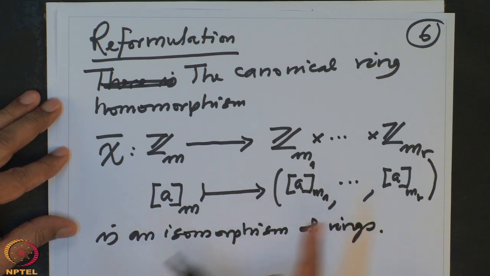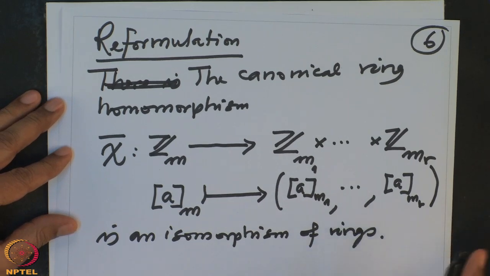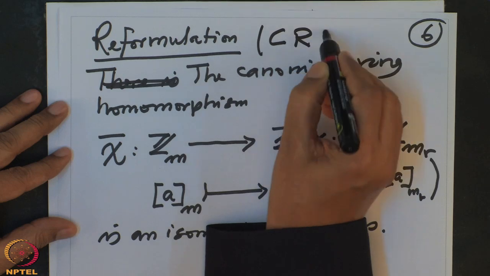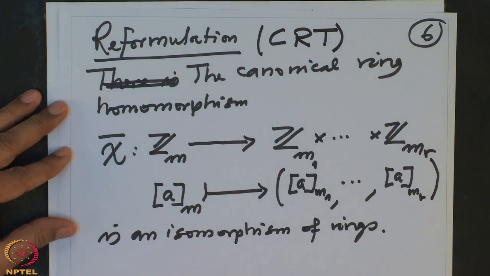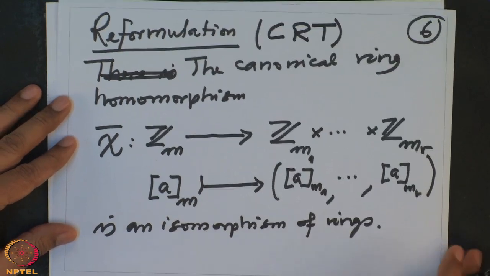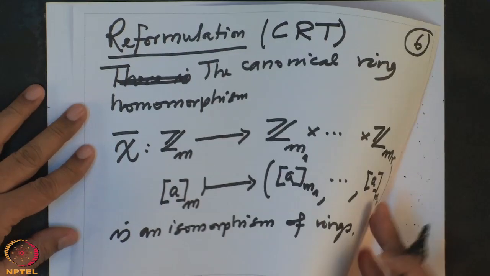And surjectivity is the existence of solution, and the injectivity of this map is precisely the uniqueness mod M. So this is also I will keep calling as Chinese remainder theorem. So proof is not very difficult. I am not going to prove this, but I will note down some corollaries. So for example, one corollary,